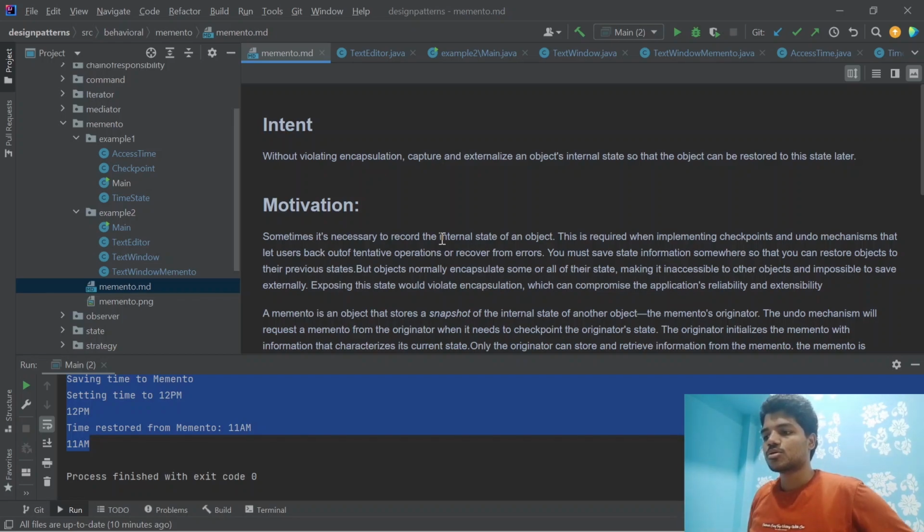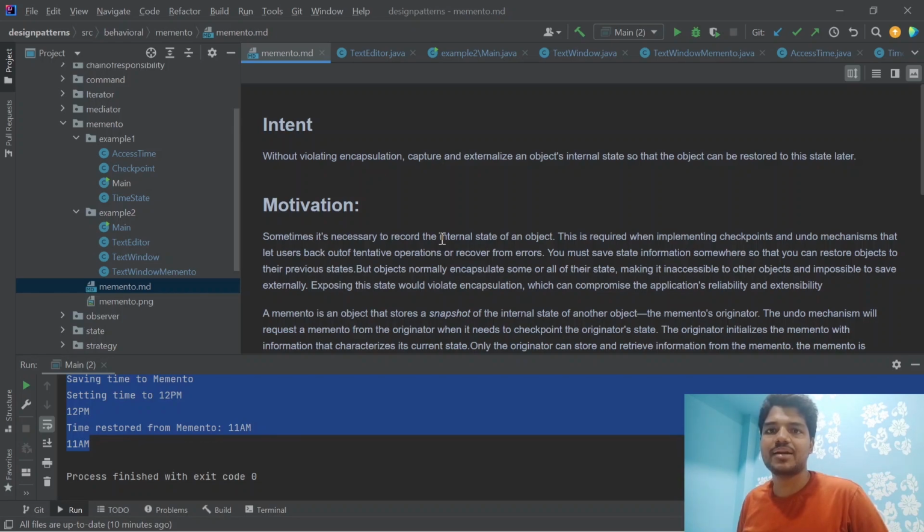Generally, saving the state is required for any object when you're performing DB operations. When you've done a series of insertion and updation operations, if you didn't save a checkpoint and your system crashes, then with a checkpoint it can easily be rolled back to the last saved one. If you don't have that, the complete data will be lost. That's why